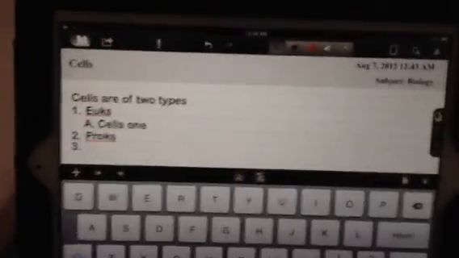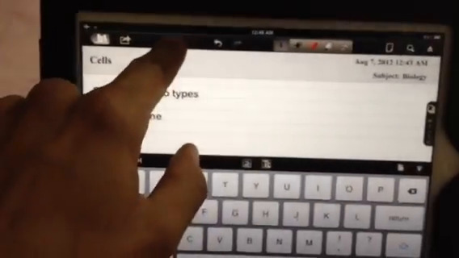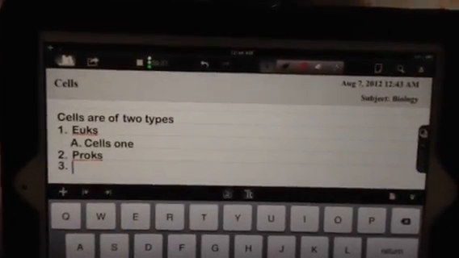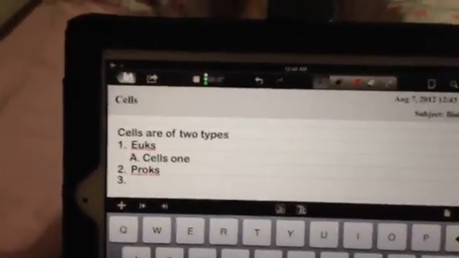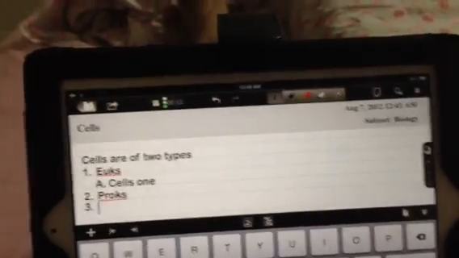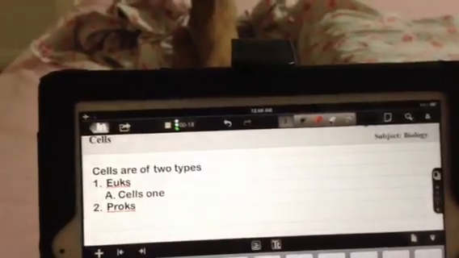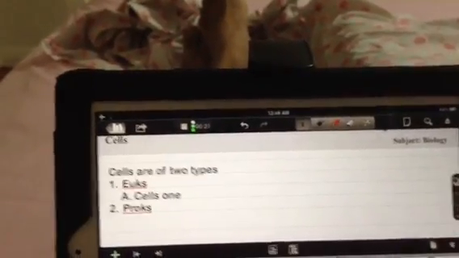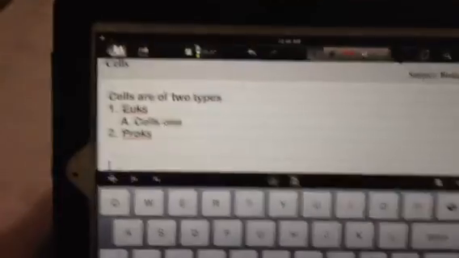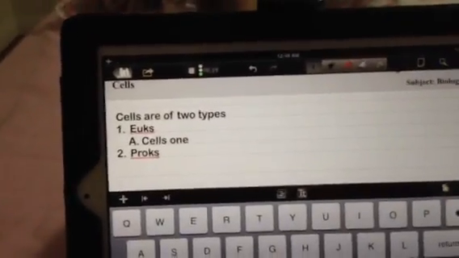One of the other cool things that I didn't mention so far is when you're in your classroom and your instructor is lecturing, tap onto that, and it's going to record the lecture. And the cool thing is, as it's recording, it's keeping a timestamp of what you're typing. So, for example, if I start typing something out now, it's going to link whatever part of the audio that's been recorded to that part of the text that you've typed. So, for example, if I start typing about here, cells